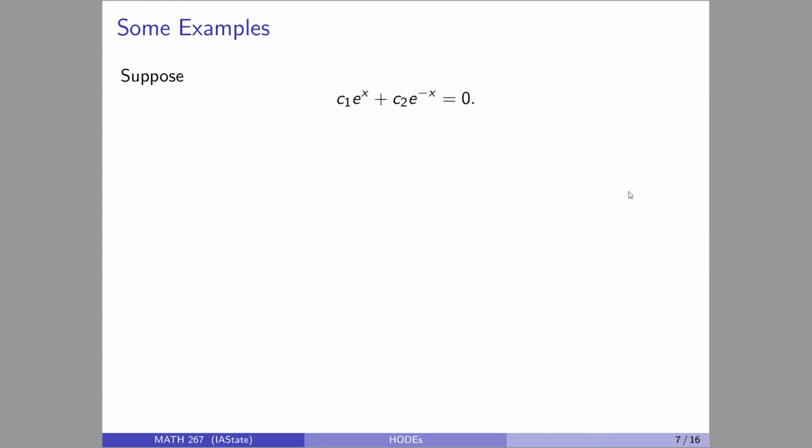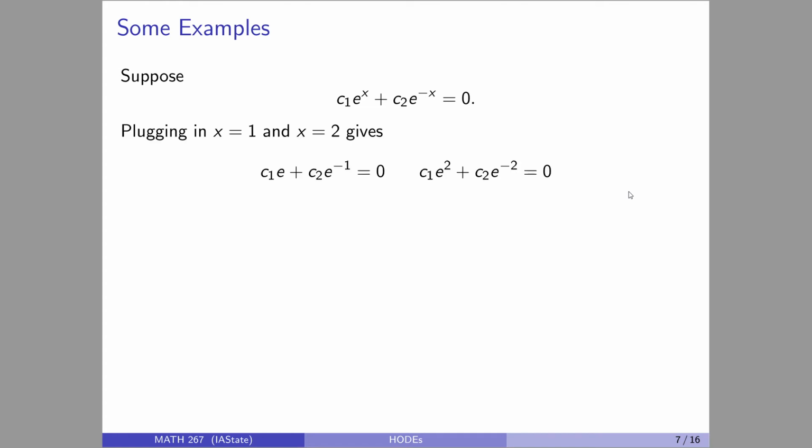So, let's look at e to the x and e to the minus x. We saw those appear as solutions for the differential equation y double prime minus y equals 0. Okay, are these linearly independent? We'll scale them up, add them together, and set it equal to 0. If I can find non-zero scalars that work, then they're dependent. But if the only way this holds is if both scalars, c1 and c2, are 0, then they're